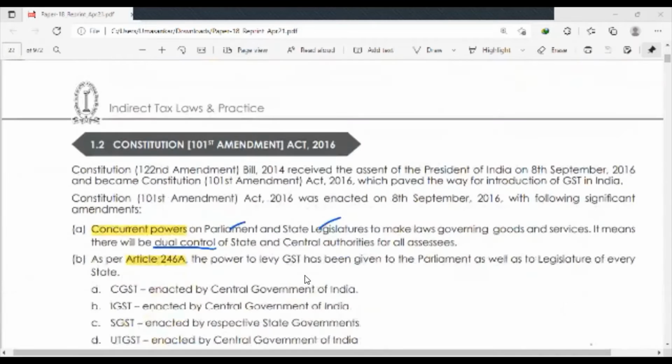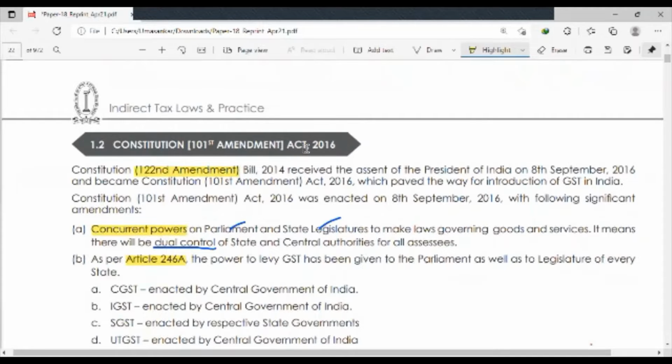Next concept: the Constitution (101st Amendment) Act 2016. Means how it happened to the Constitution. For GST to start, a constitutional amendment was required. Okay, so the Constitution 122nd Amendment Bill. Why is it written as Bill? Because